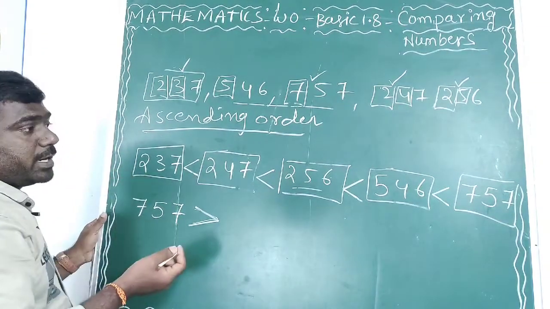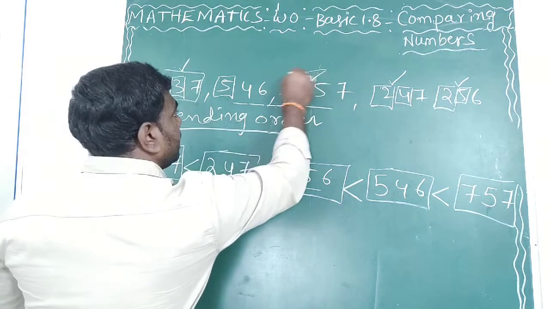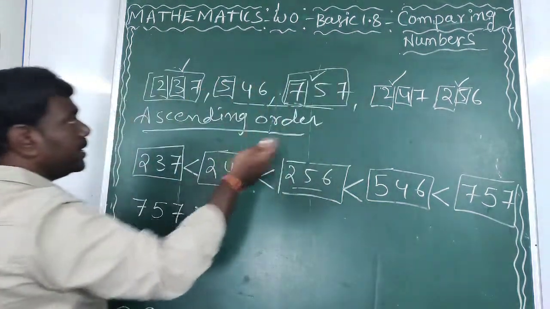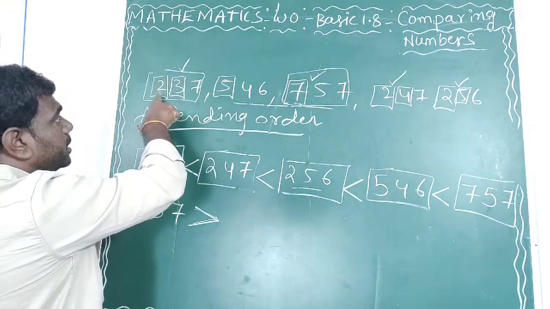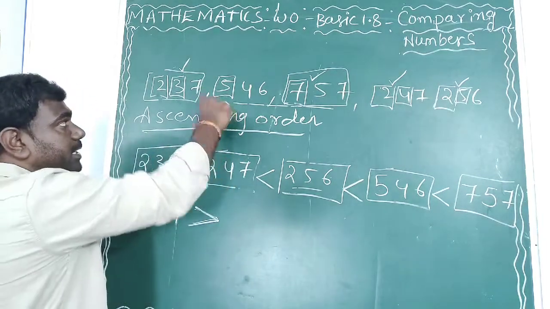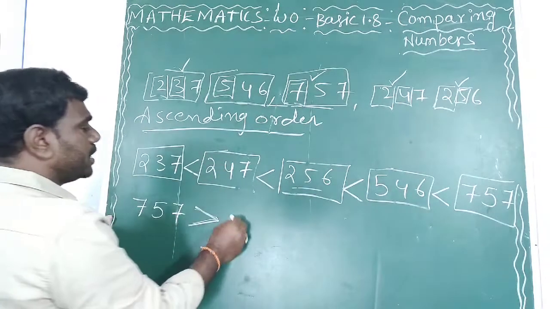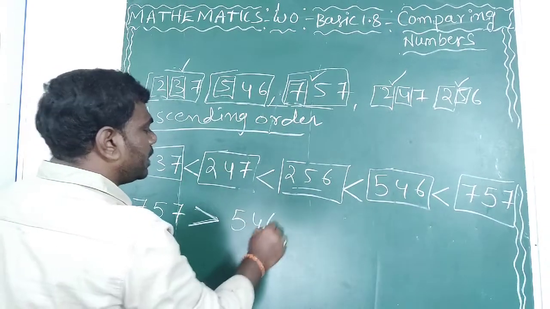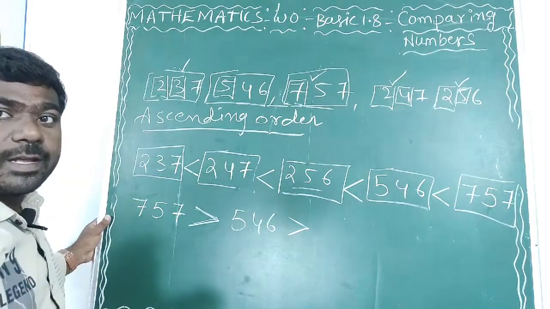Then what is the next number here? Yes. So this digit is already finished. Next, 4 numbers are here. Out of 4, the first place digit in 3 numbers is equal, 2 2 only. Compared to 2, 5 is greater. We can pick out this number, second position, that is 546, which is greater than what number?